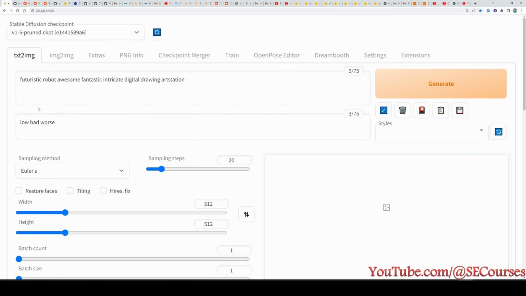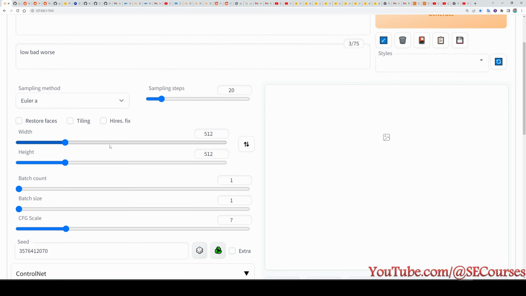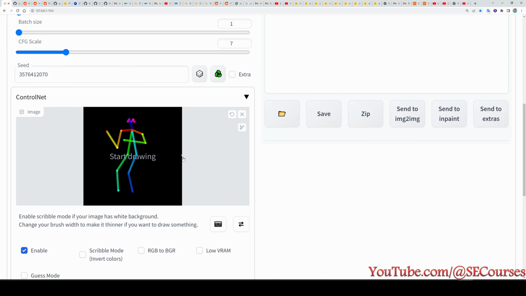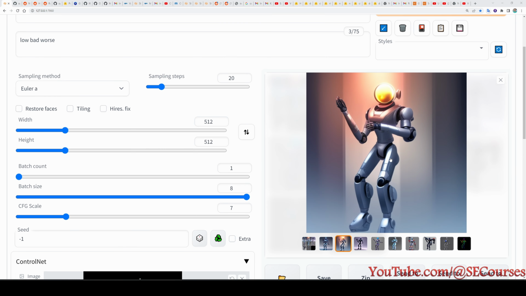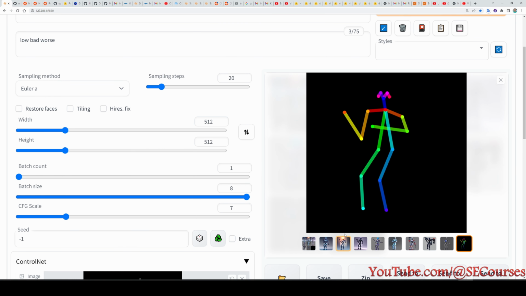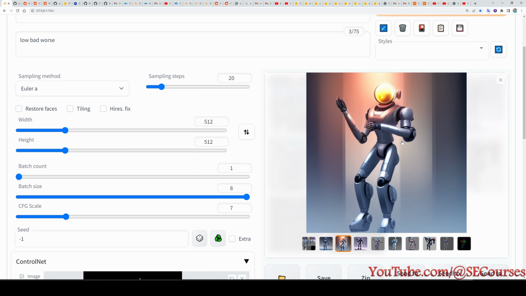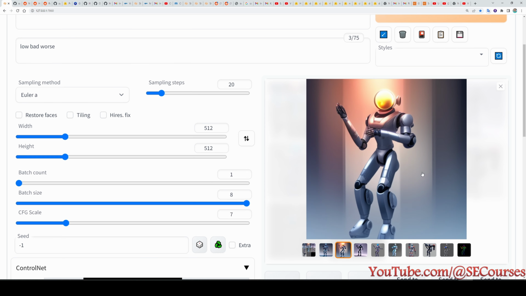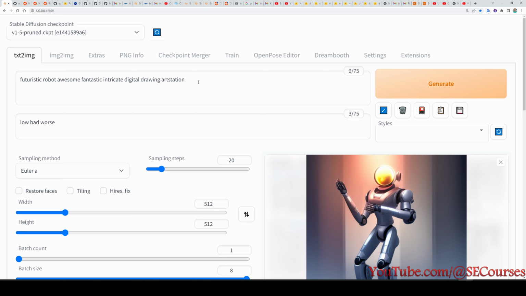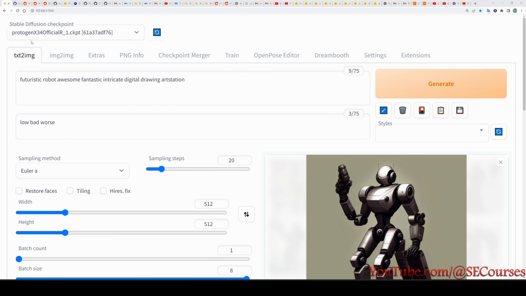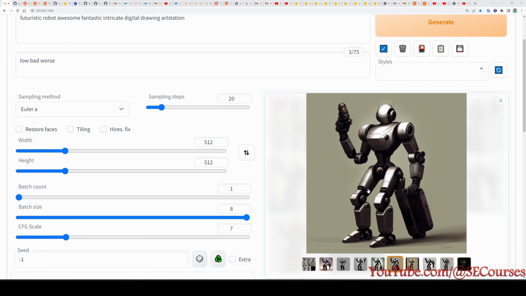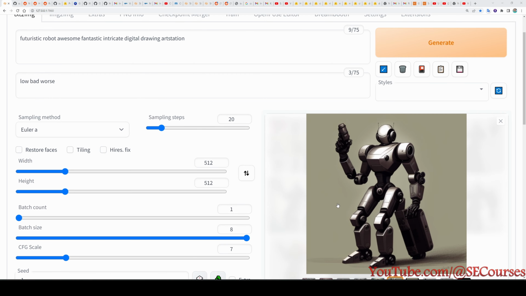Send to ControlNet, and I am going to use the same input, and you see this is the newest OpenPose loaded in our ControlNet. Okay, as you can see, it is able to keep the pose almost as perfect as we have defined it. However, it is hard to get good quality image with this prompt and with this model. Okay, I made a try with Protogen X3.4 and the output is much better in terms of quality. So by using custom models you can get what you want.